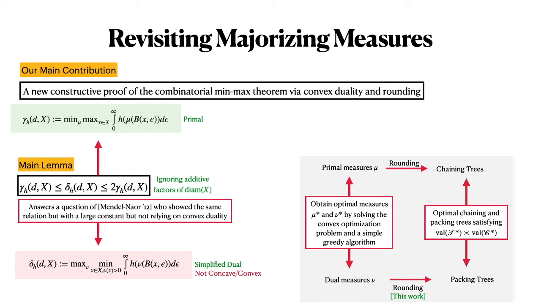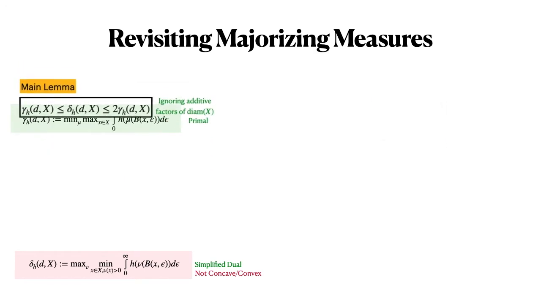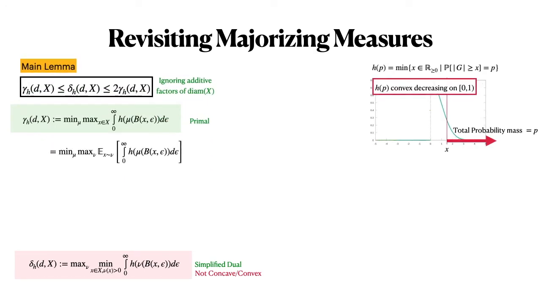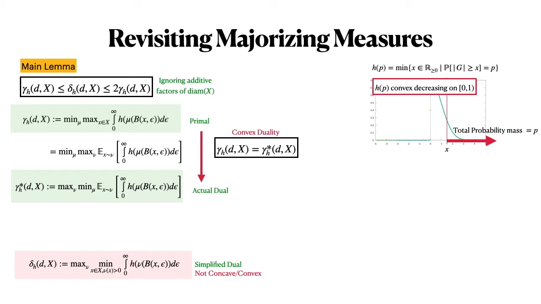So for the rest of this talk, I will tell you the main ideas involved in proving the key lemma. In particular, the first step is to notice that instead of the maximum over all points in X, one can again replace it with a maximum over all probability measures nu, since this does not change the value. This one can do because you're optimizing over the same convex hull, essentially. And now one can swap the min and max from there to get the real dual, and convex duality implies that the value of this dual is the same as the value of the primal.